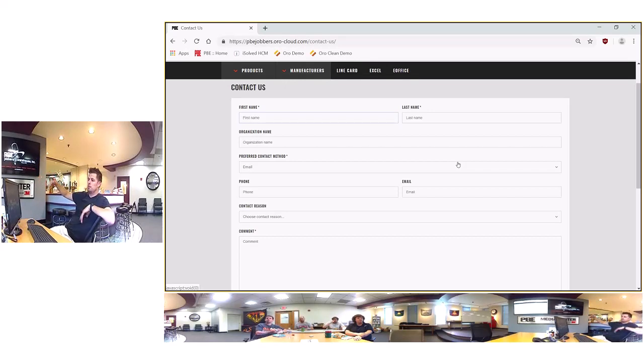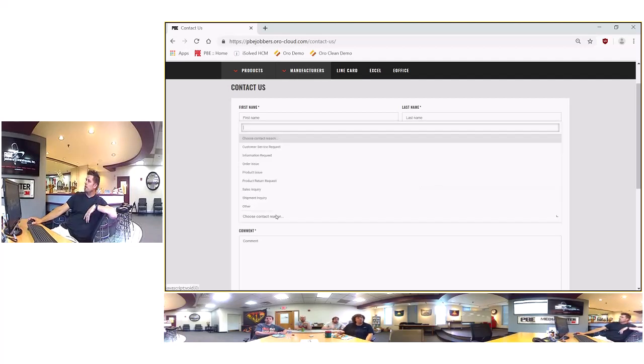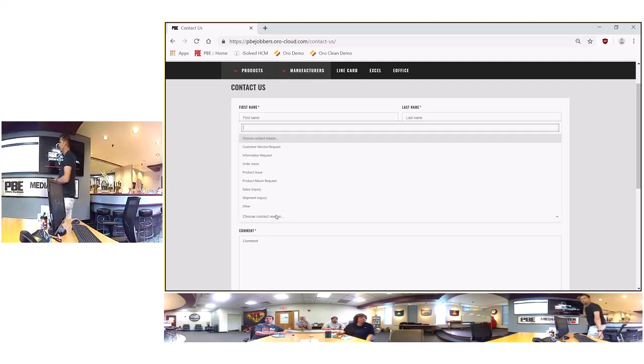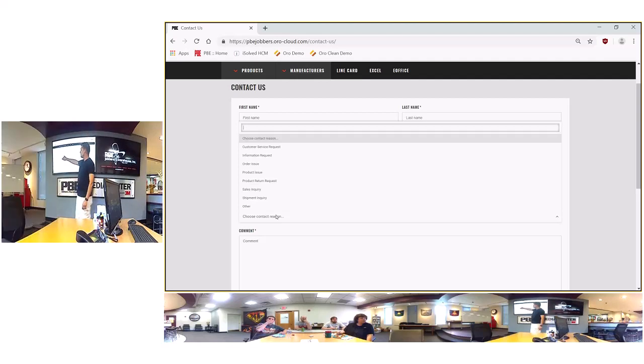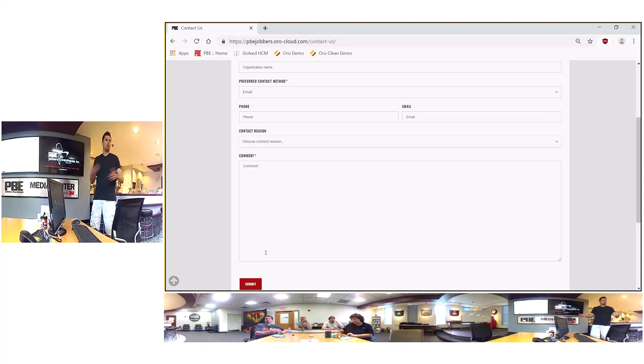One of the move forward options is going to be to make all of these required fields. We want name, organization, email, phone number, preferred contact method, which we have here as just phone, email, or both, and then the reason they're reaching out. I can make changes to these if we need to, but right now it's customer service request, info request, order issue, product return request, sales inquiry, shipment inquiry, other. So they just tell you what they need, and then they can type in whatever they want,